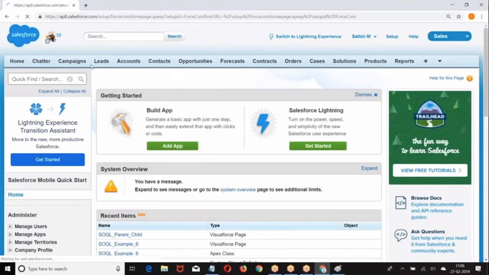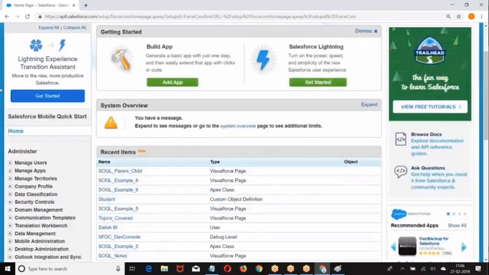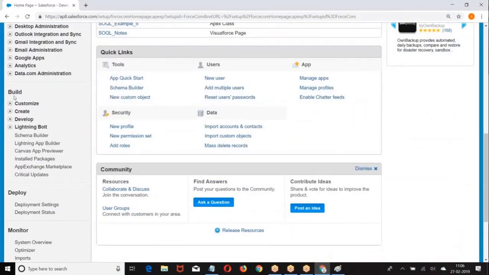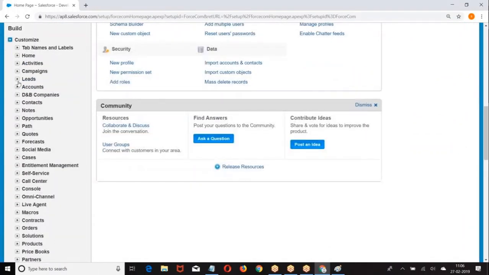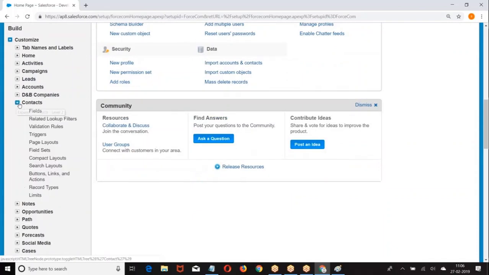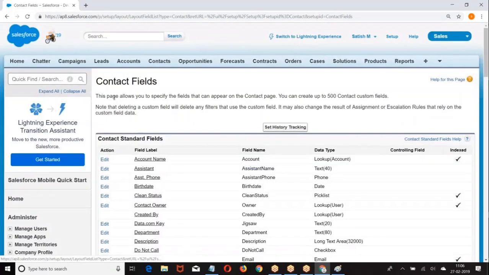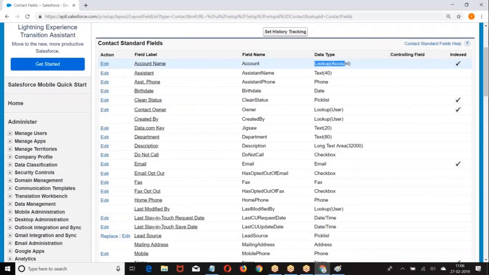If I take account and contact objects: Build, Customize. Then we have contact. On the contact, I have a lookup field. What is the name of the field? Account. Using this lookup field, both of them are connected.